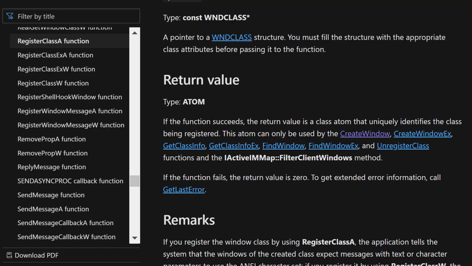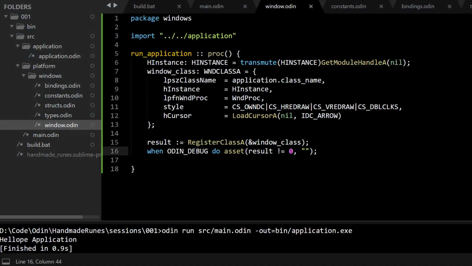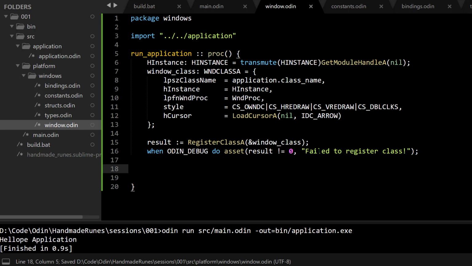Yeah, okay. So if it fails, it returns 0, so we're gonna assert that it isn't 0, otherwise we're gonna say failed to register class. Boom. Okay, so otherwise, if we haven't failed, then we've successfully registered our class and we can move on to